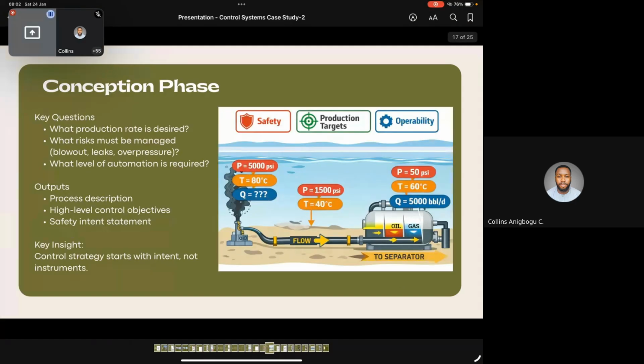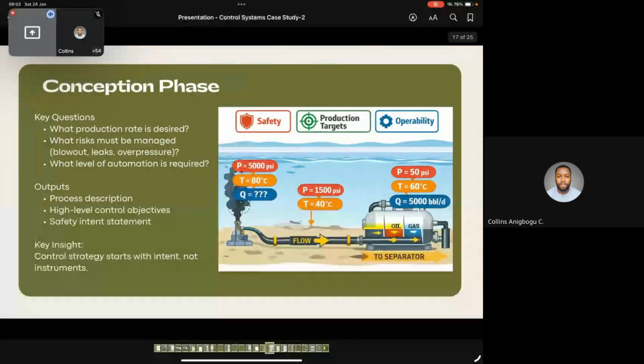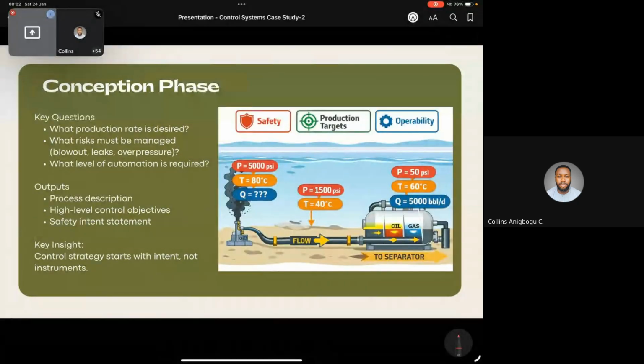Okay, so the conception phase, like we asked earlier: what production rate is desired, what risk must be managed, blowout, I mean, those are risks. What level of automation is required. The output from this conception is you have your process description, your high-level control objectives, and your intent, right? And from that conception, you know that you need to factor in the production targets, the operability,